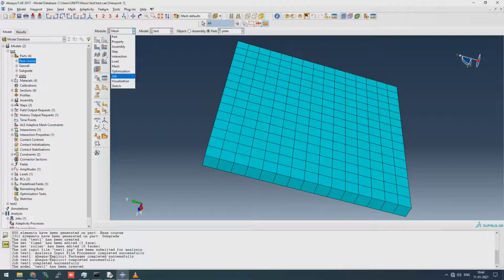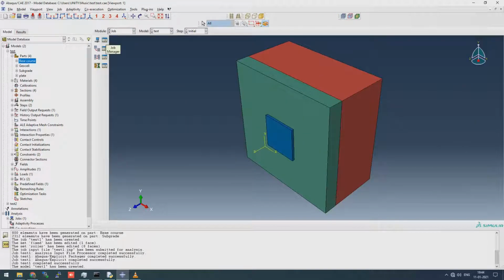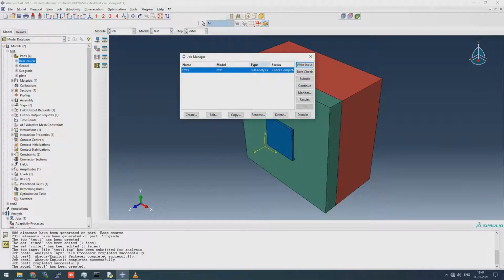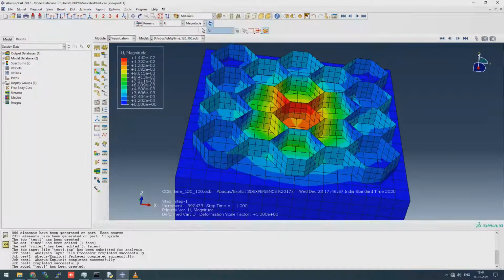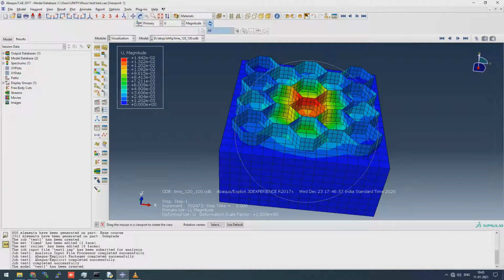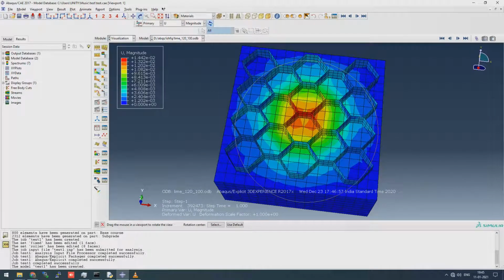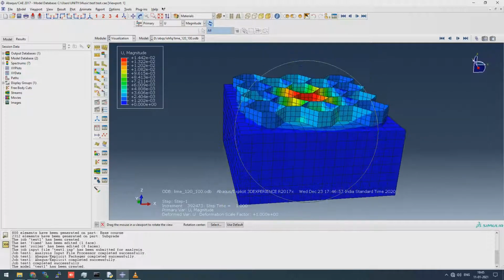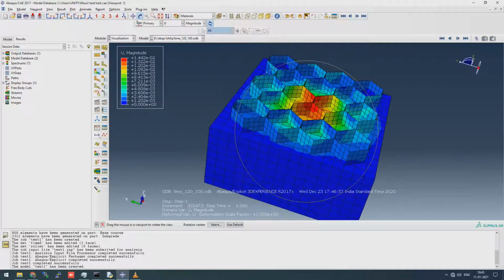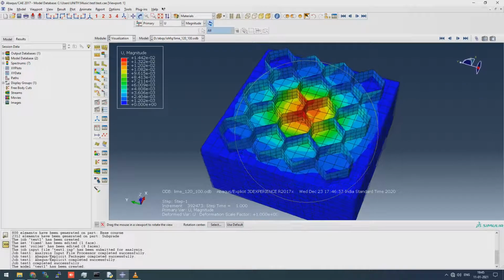So this is our mesh, and we'll go for the job. Earlier I performed a check on this model, so we can just perform the data check, which will be successful, and I will show you the results, which you can see here. That's how our final output will look. This geocell reinforced pavement will look like that, and finally you can also design this in this manner.